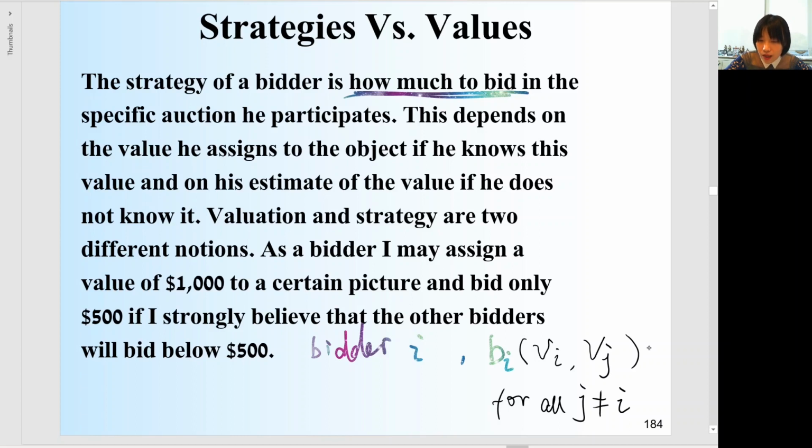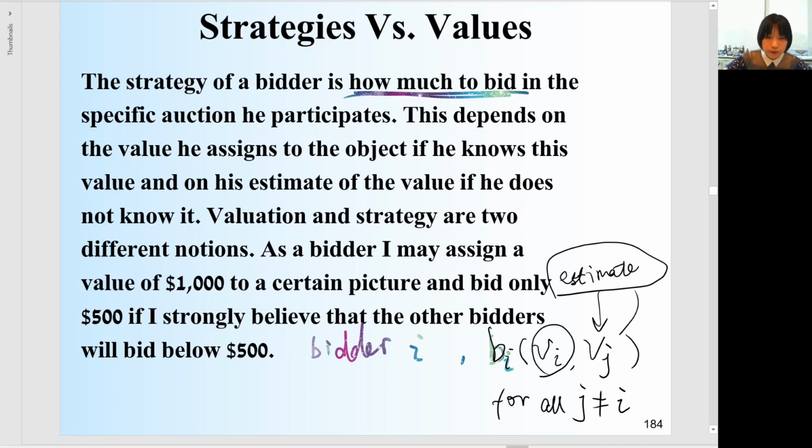But usually he has no idea the v_j. He doesn't know how much the other bidders will value this object. So he will form an estimate on the others' valuations. A bidder's strategy b_i should be a function of his own valuation and the estimate of all others' valuations.